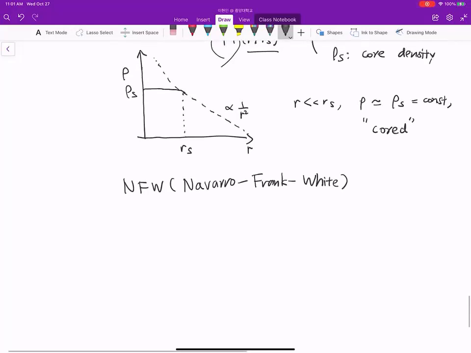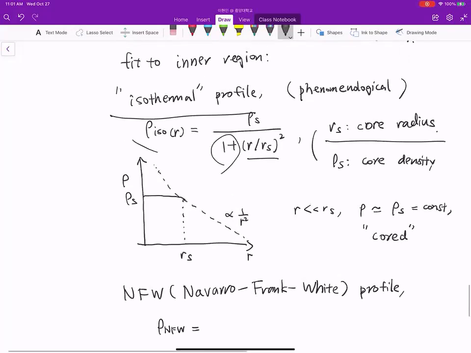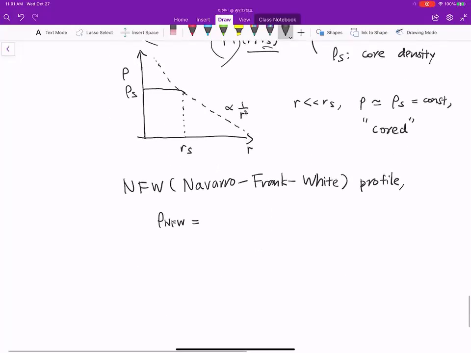Okay, and the Navarro-Frenk-White profile is also phenomenological. In this case, there are 2 fitting parameters. Here, in the isothermal profile, there's rho_s and R_s, right? Similarly, for the NFW profile,